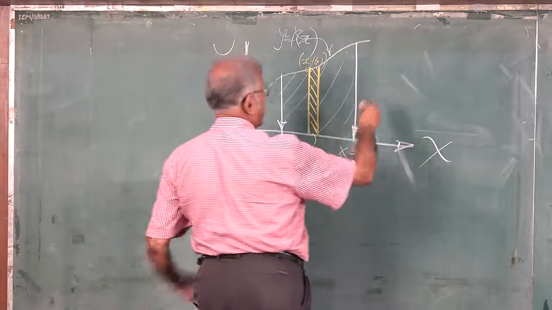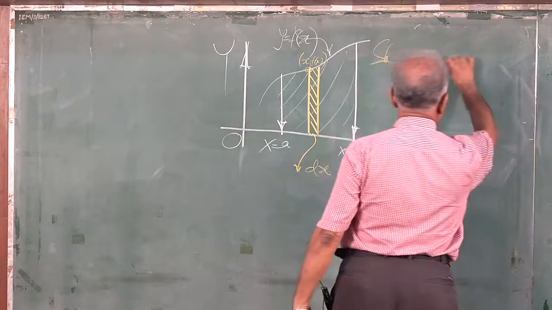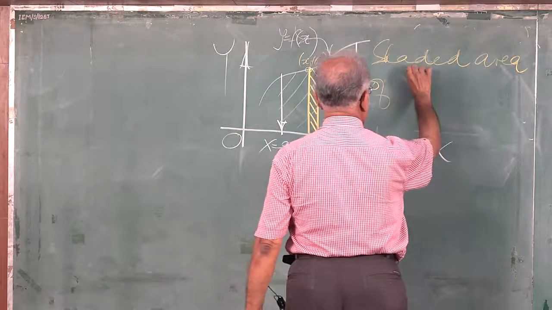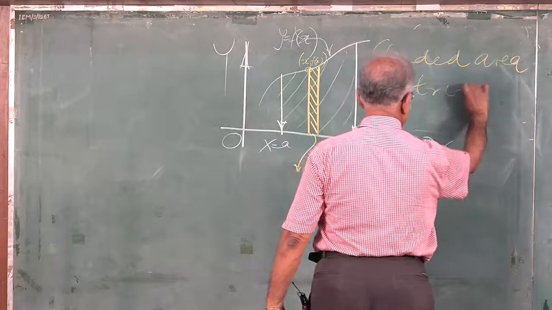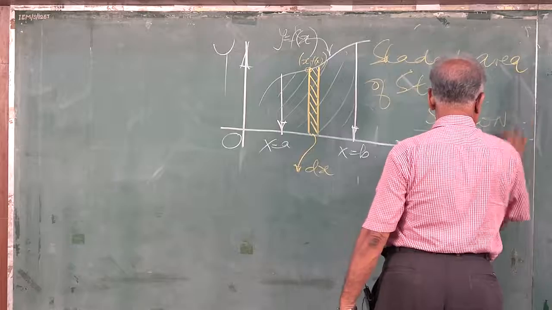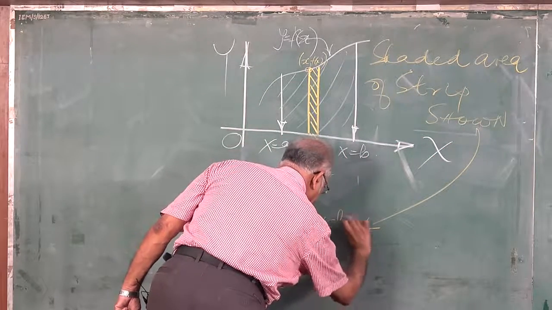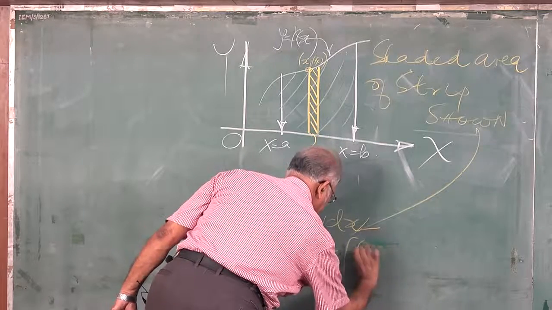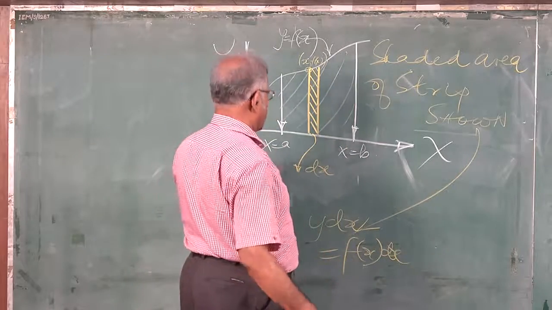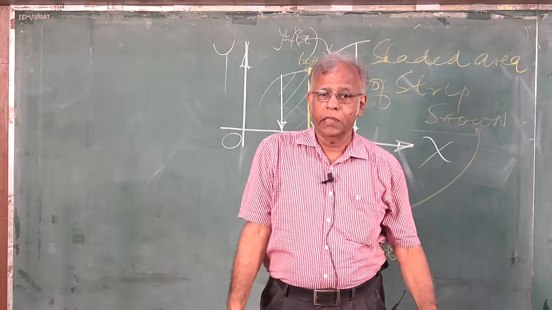So, we can write the shaded area of the strip shown in the figure is nothing but y dx, which happens to be f(x) dx. That's fine. So, this is just a strip area, and all of us know that integration is a process